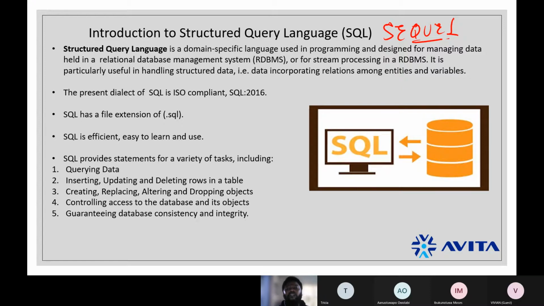Structured query language. So it says SQL is a domain-specific language used in programming and designed for managing data held in a relational database.